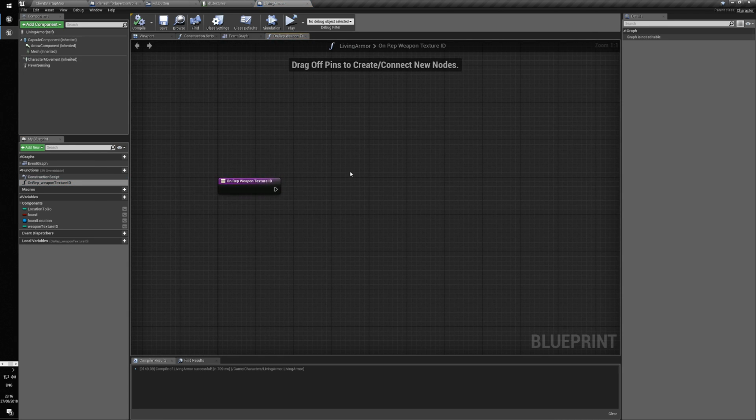Okay, so I didn't see it. It was here. So OnRep we have texture ID. Okay, so this one is called on every client whenever that value is changing. Okay, I think it's good. So what we need to do,